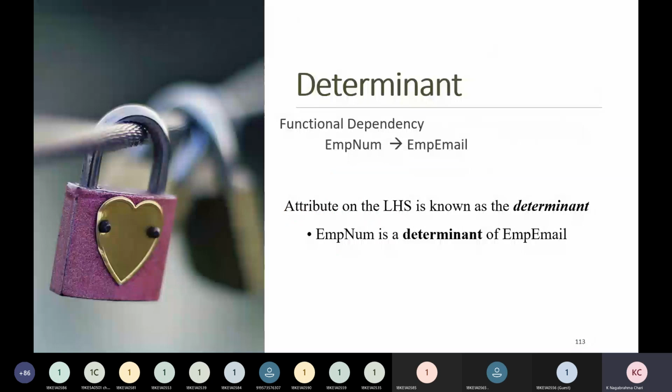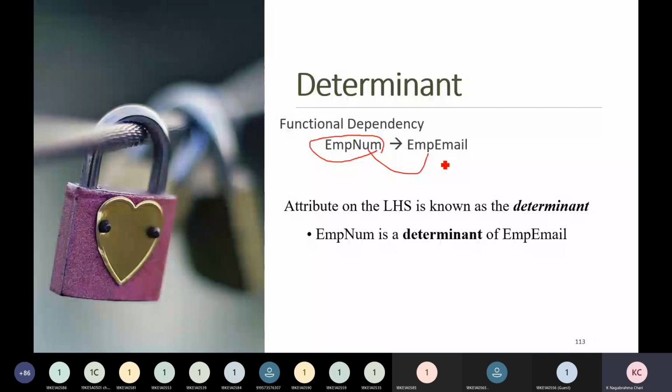And what is the determinant in a functional dependency? Whatever value is present on the left-hand side, we call it a determinant. So we determine the value of employee email based on this value.